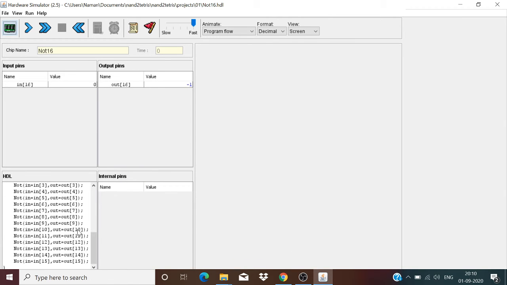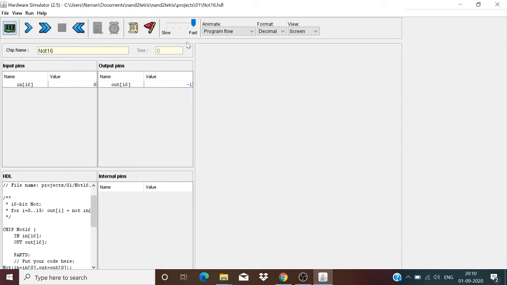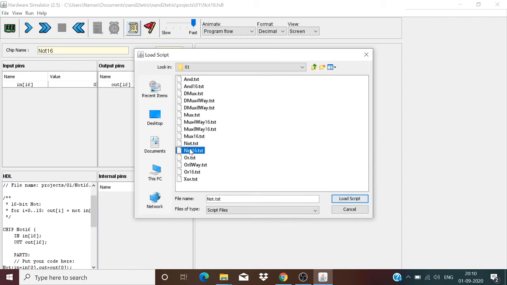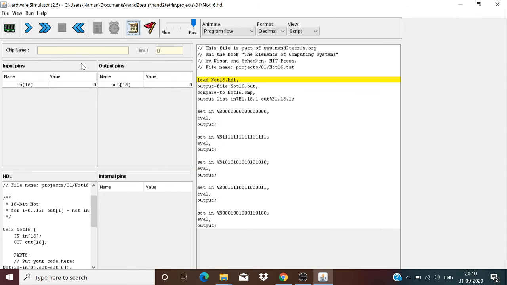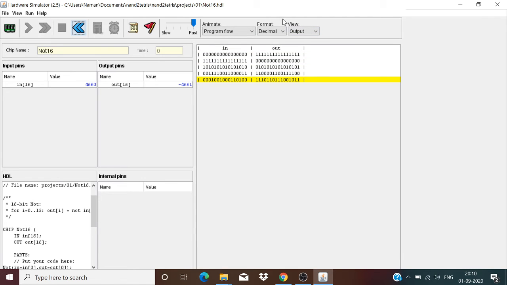Now we have the same NOT gate but with 16 bits of input data. And thus we have the correct output.